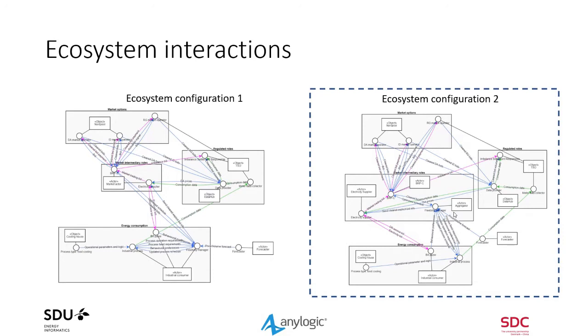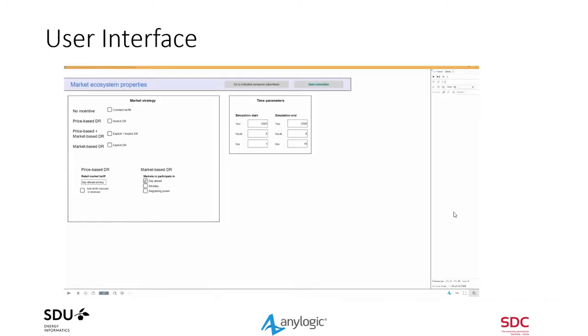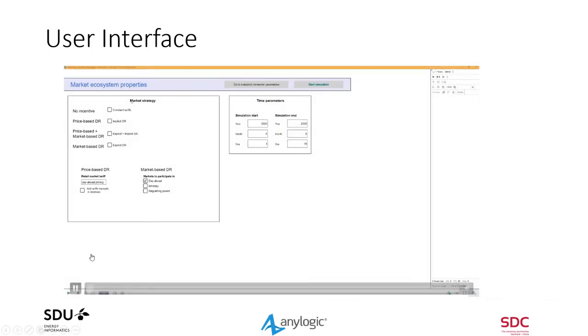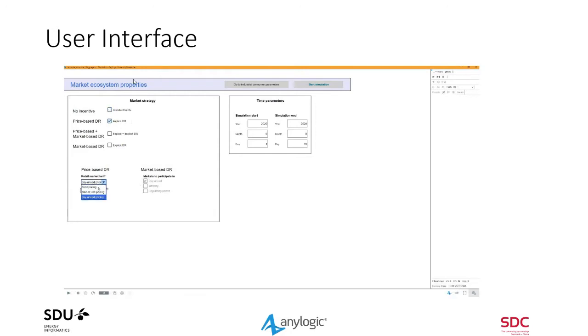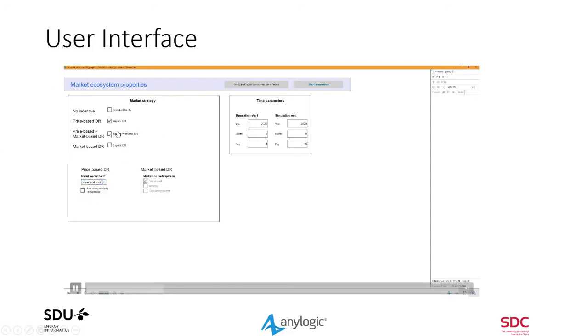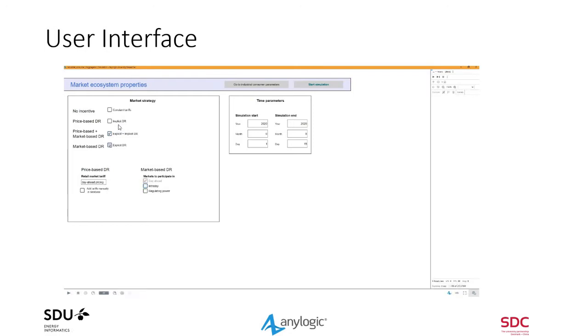Now, I'll focus for the actual runs on this context because it's the one most relevant for the Danish context. But now let's maybe dive into what the simulation actually looks like when you're an industrial consumer wanting to know how much you would make in the electricity market. So what you would start with is essentially choosing a market strategy, right? Whether you want to be flexible or not. These are all different terms showing at which step in the consumer journey you want to be at, whether you want to bid yourself or whether the supplier does it for you.